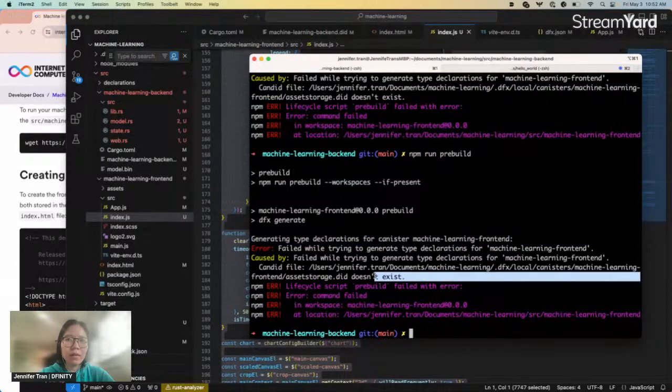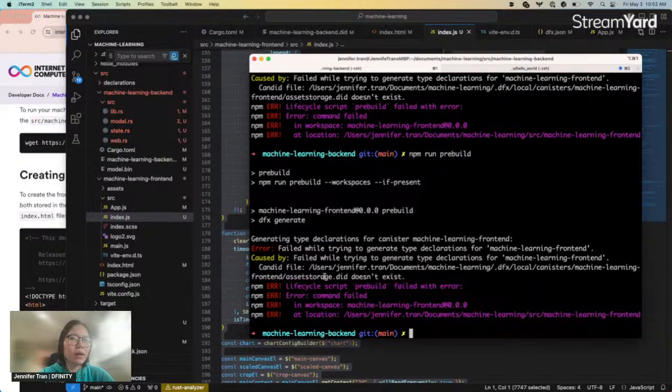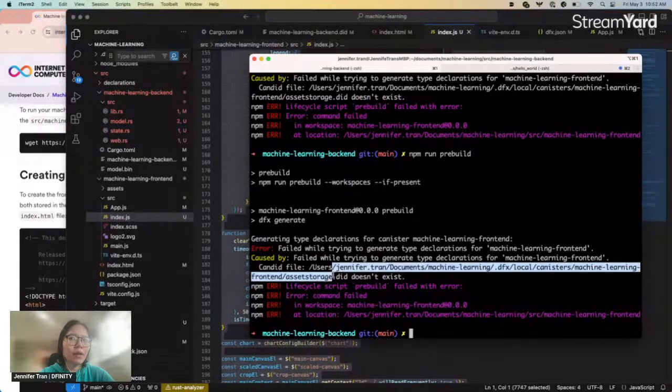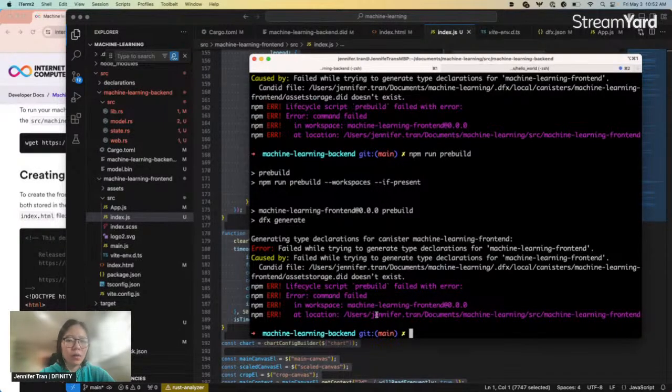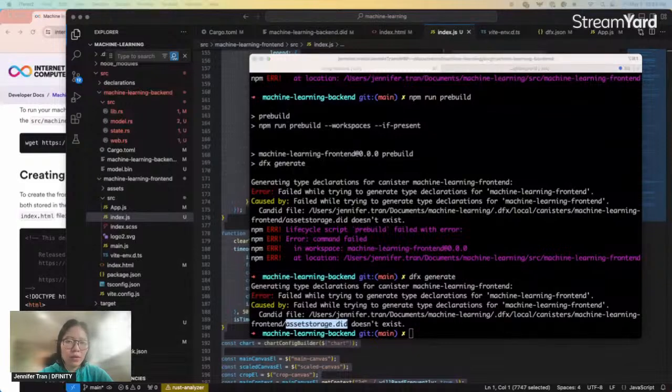dfx. Oh yeah, it's probably looking for that candid file. Let's see here if we can do a dfx generate. Yeah, it's saying that this.